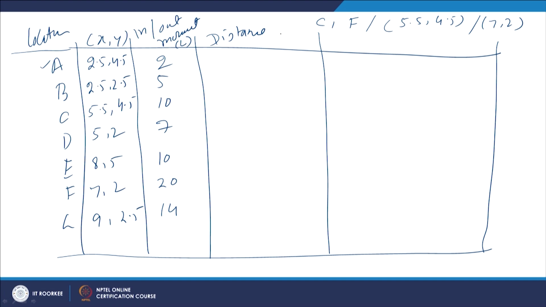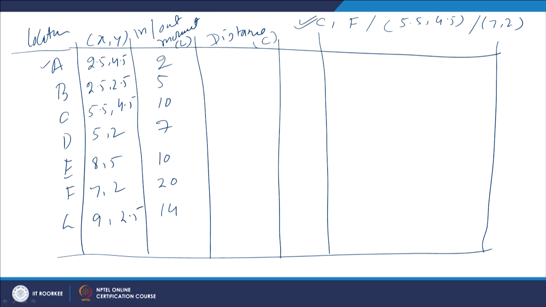So, we have to identify the location. We will initially find out the distance to be travelled from A to C. Say if these are the two possible locations where we can have a plant, we will try to assess the suitability of the location C first. So, the movement or the distance to be travelled from A to C and C to A is what will be identified.